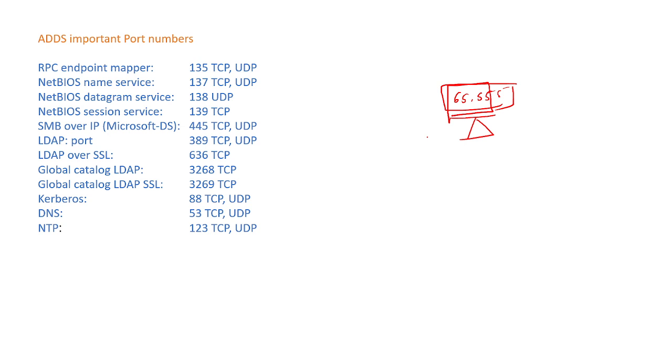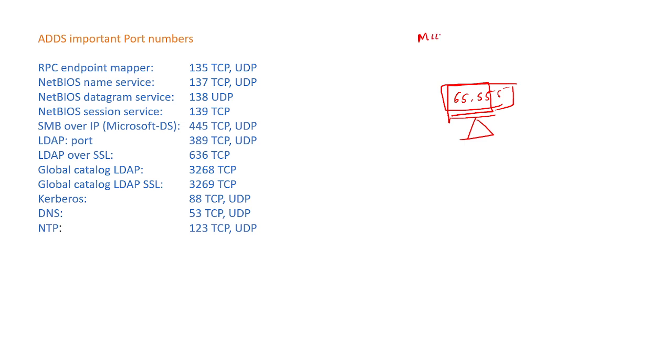So in order to have a healthy Active Directory environment, you should also have some ports opened, allowed between your client segment and the server segment. See this one. A couple of important ports are RPC, port number 135, TCP and UDP both. We call it RPC, remote procedure call endpoint mapper. The port number 135 you need to open. And NetBIOS name: when I talk about a NetBIOS name in the computer, if you write simply